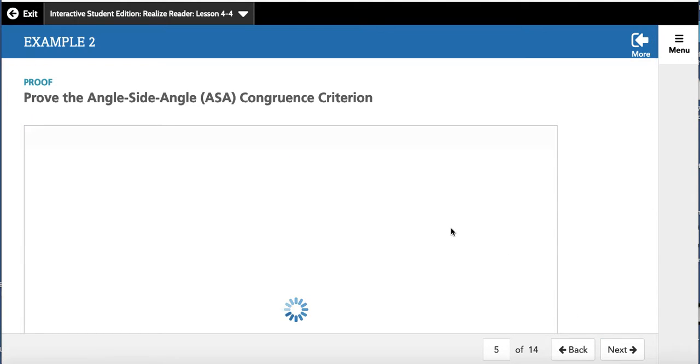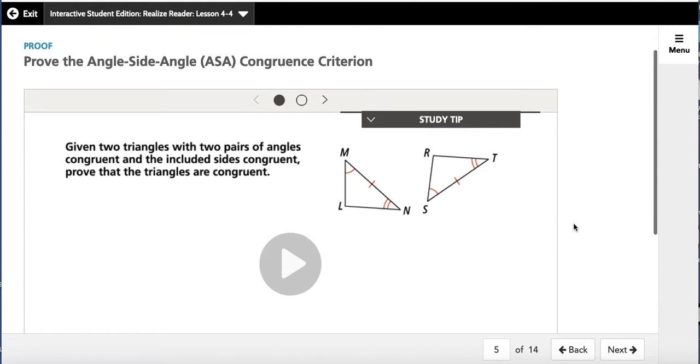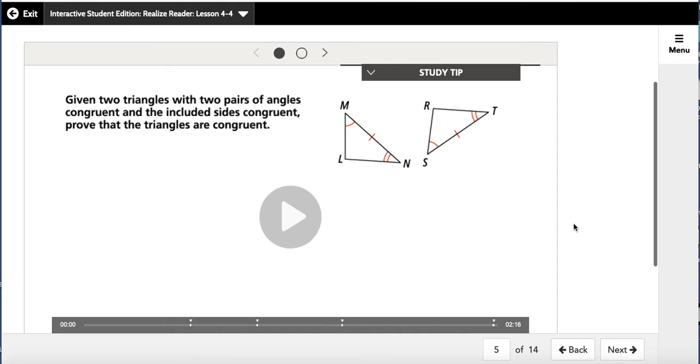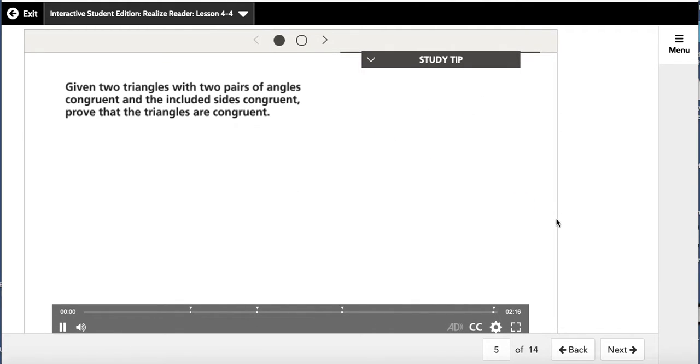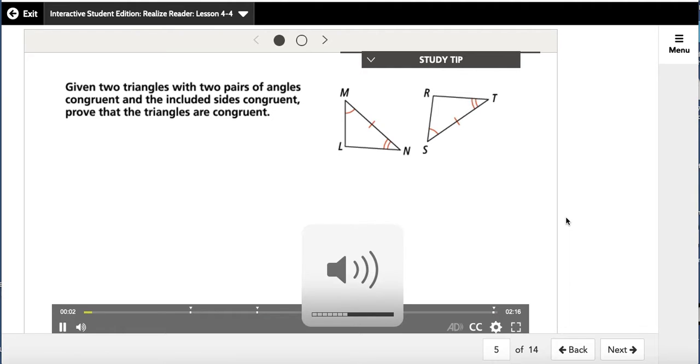Let's see what they have for practice for us. They have the proof of the ASA, okay? And it's a 2-minute video. Sure, why not? Given two triangles with two pairs of angles congruent and the included sides congruent, prove that the